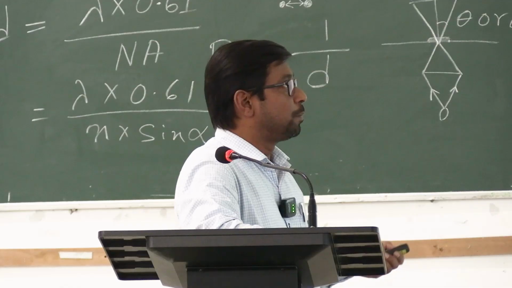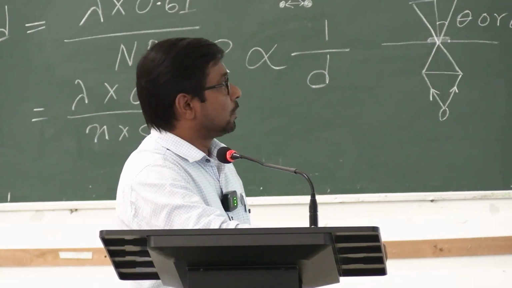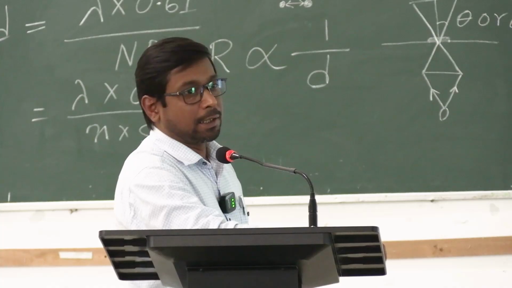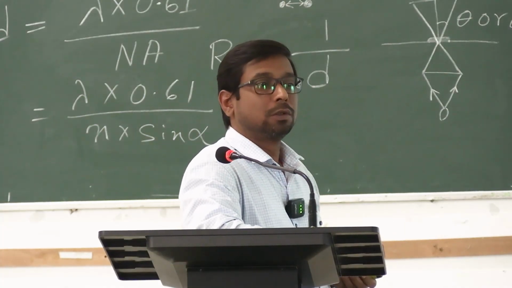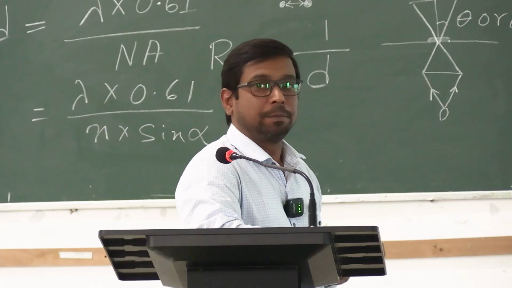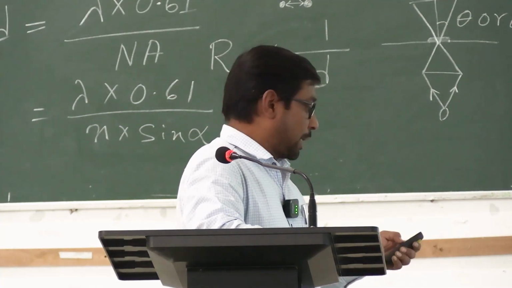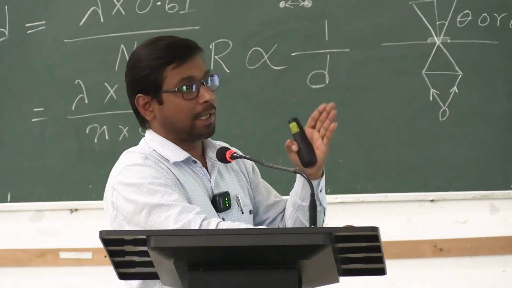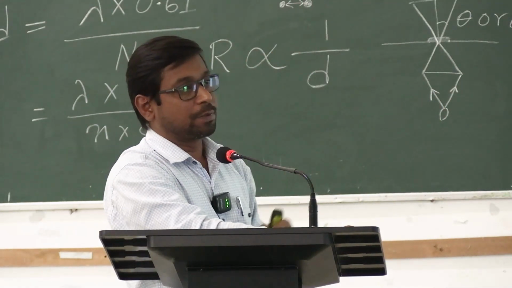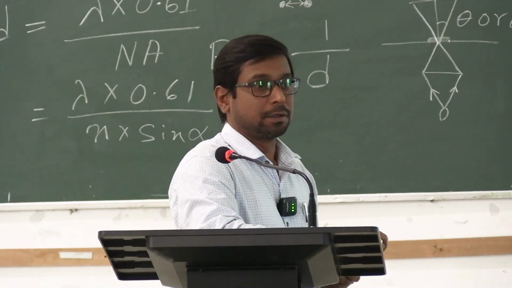Here the light will pass through the periphery region, then the refracted light will pass through the objective, and the light which is not refracted will also enter the objective, and that will be blocked by the phase ring,